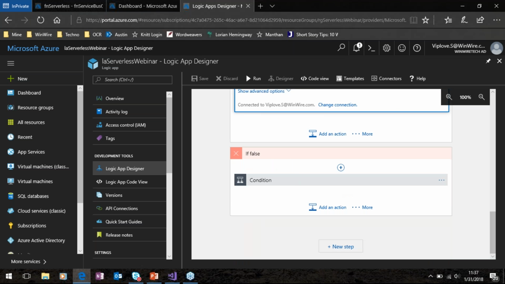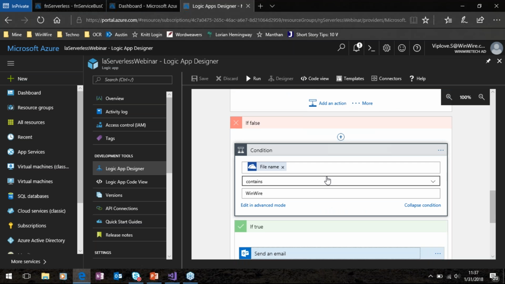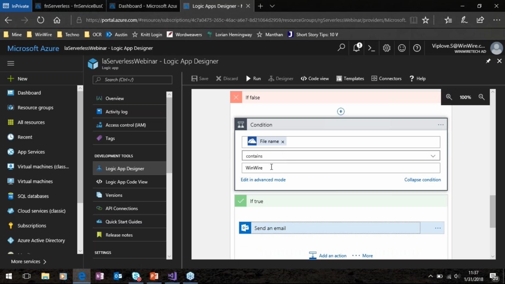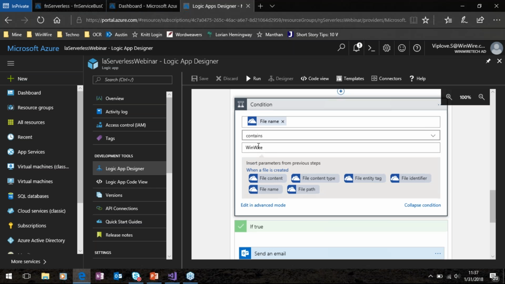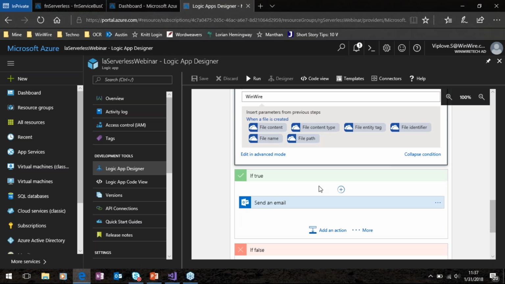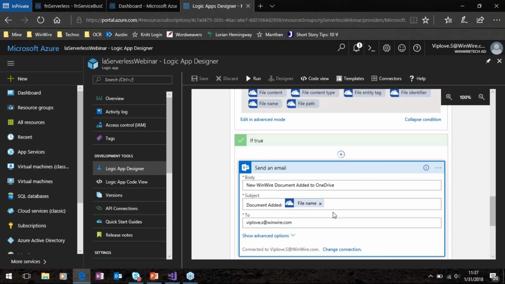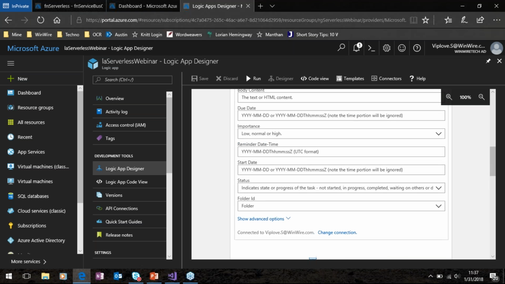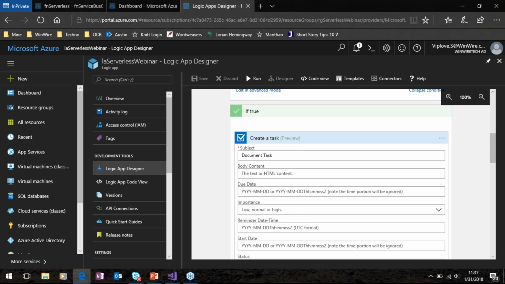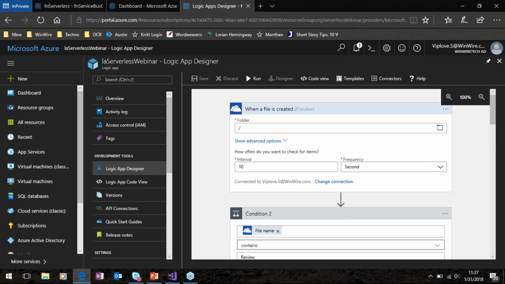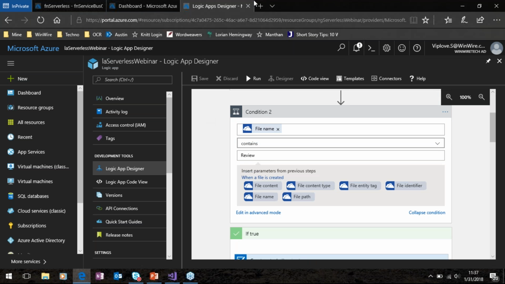And then I'm saying, if not, then what you do is check if the document contains WinWire. That's my company. And if that is the case, send an email to me. You can actually, I think, attach the document as well, right? So this is a simple workflow which is telling that, hey, I want to review these documents immediately, put a task against me. Now, let me actually,